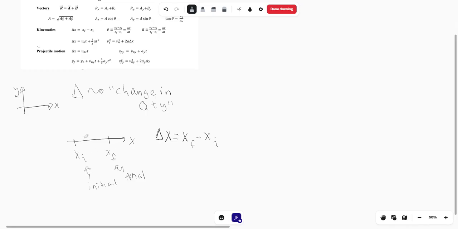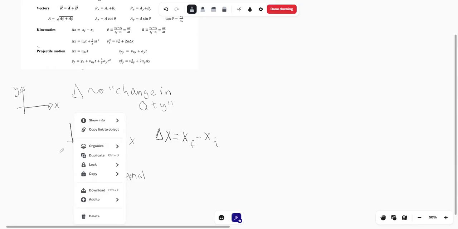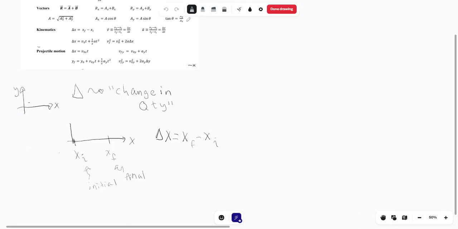So if there's a world where this is actually our origin, and this is actually 0, 0, and so then our x initial is equal to 0, then this equation simplifies down to delta x is equal to x final. So in that case, you could just ignore the x initial, or you could plug in 0, whatever makes sense to you. In a world where x initial is equal to literally any other number, you can take the value of your x final, say that's 5, and this is 0. In that case, your delta x would be 5 minus 0,